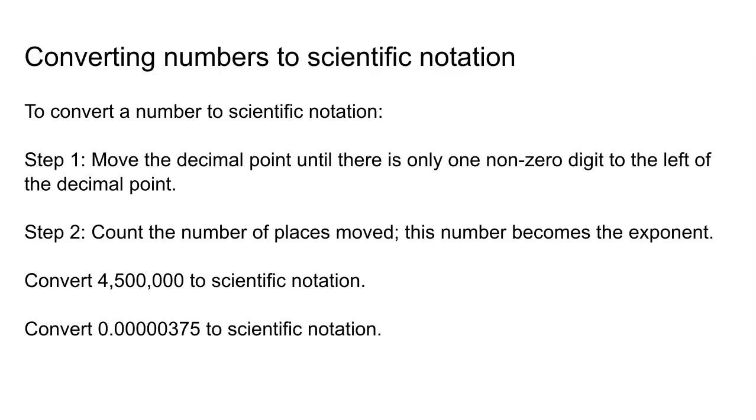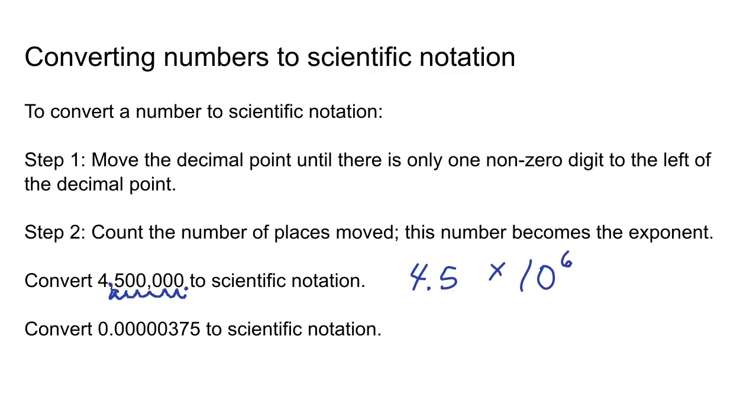For example, to convert the number 4,500,000 to scientific notation, first put the decimal to the right of the ones place, and then move the decimal point to the left, so the resulting number is greater than or equal to 1 but less than 10. So I'll move the decimal point 1, 2, 3, 4, 5, 6, which means the coefficient is now 4.5 times 10 to the 6th power, since I moved it over 6 places to the left,